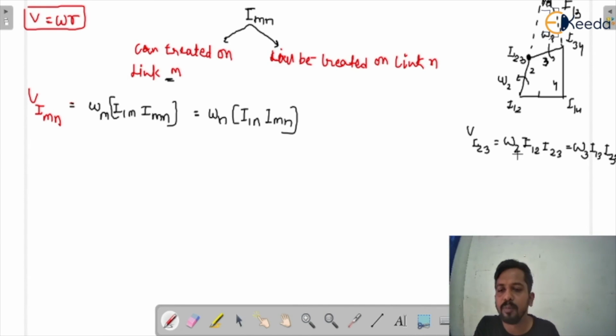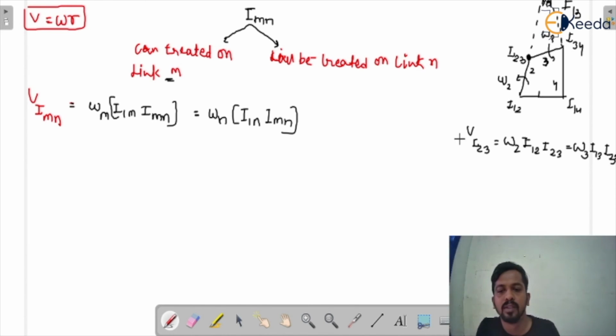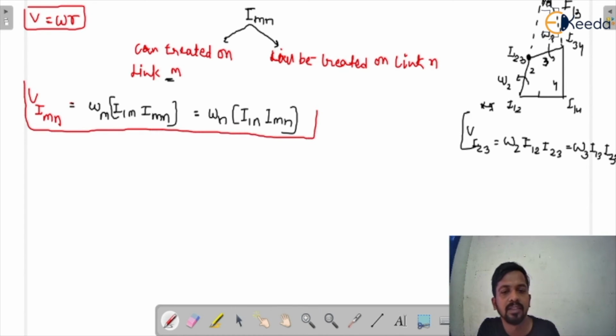In the input they can give you the omega 2 velocity, and you have to find out the omega 3 velocity. The questions can be possible in every manner, so you just have to remember the relations, how we can calculate omega 2 and omega 3. Are you getting my point? So this is basically an example for understanding purpose, but this is a general relation, you must remember this.